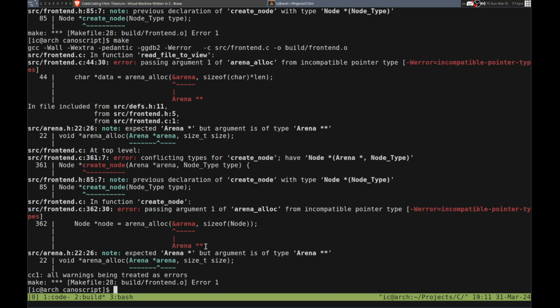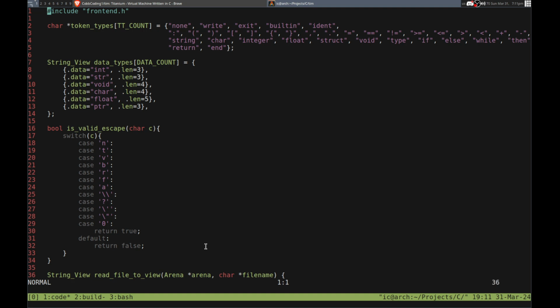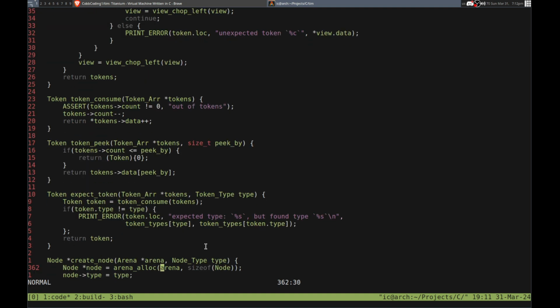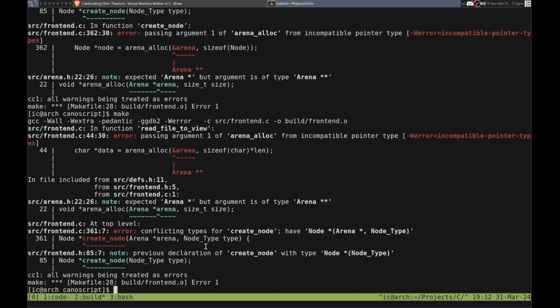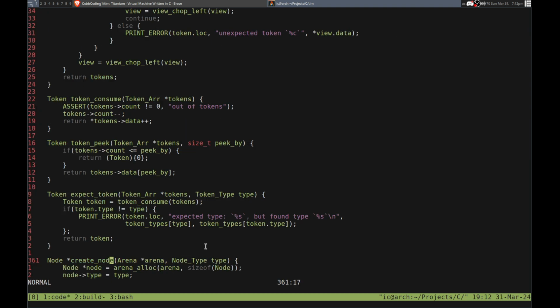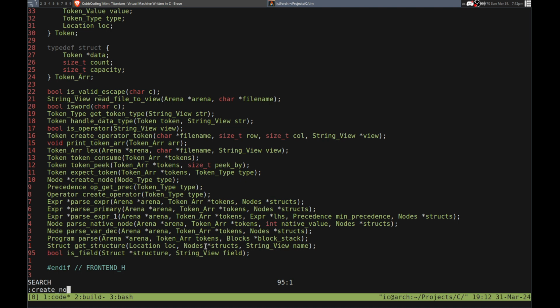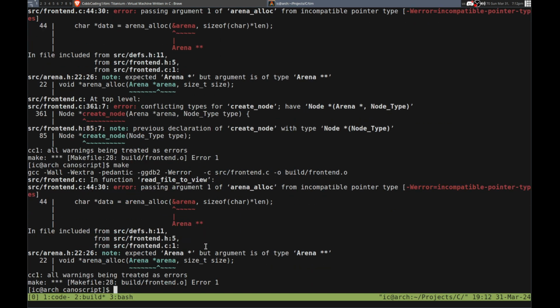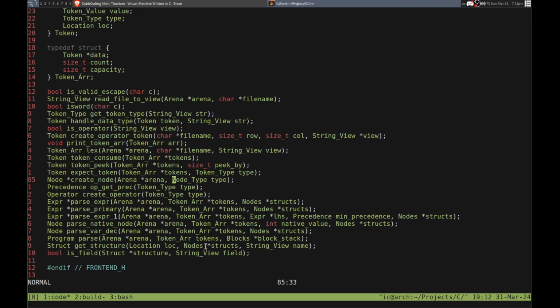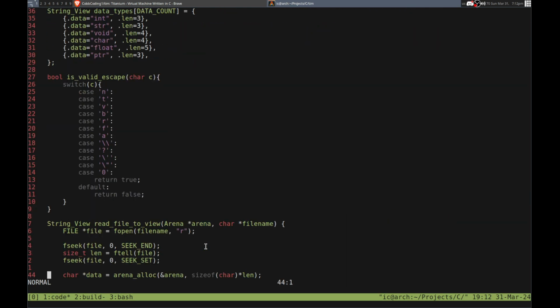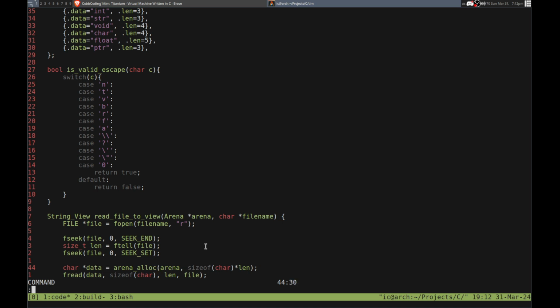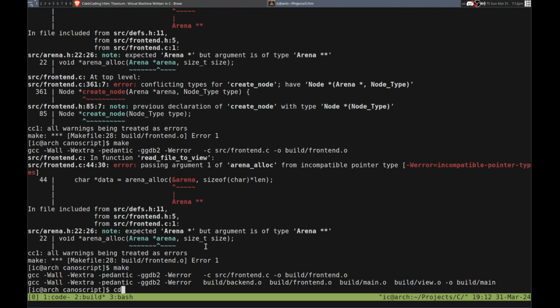Where is this? In NC. Create node. Oh, yes. Okay, so I need to update that. And there we go. So I think